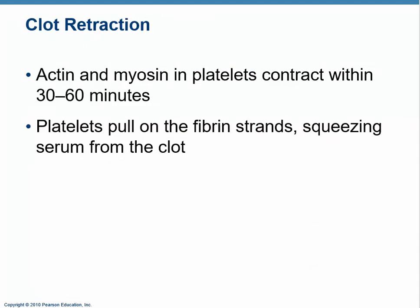Now, something that's very interesting is that about half an hour to an hour after the clot is formed, the platelets themselves have some myosin and actin, the same as muscles have within them. And these activated platelets start to contract, but they're stuck to the collagen fibers, and they're stuck to each other, and they're stuck to the fibrin fibers. And so as they contract and as they basically shrink, they start pulling the edges of the wound closer together,